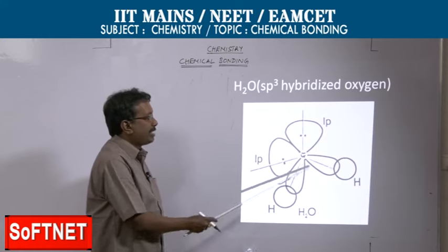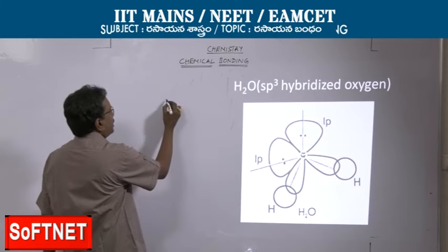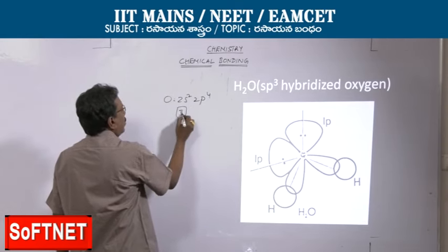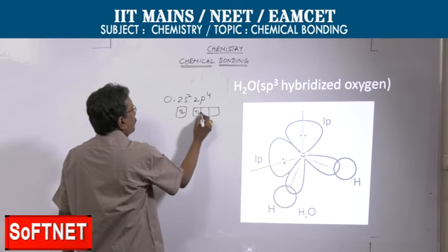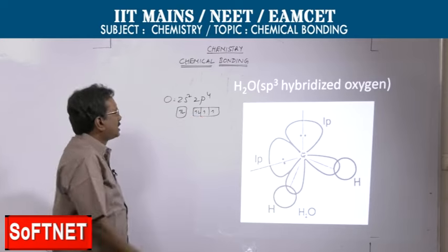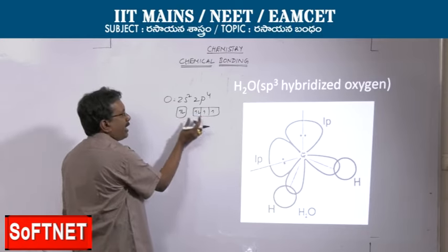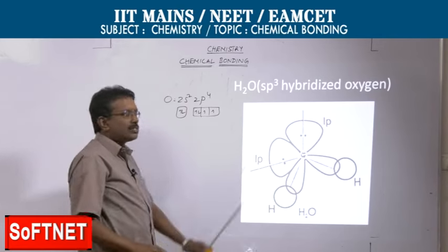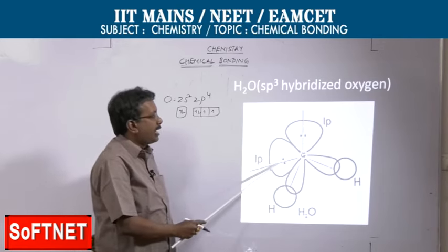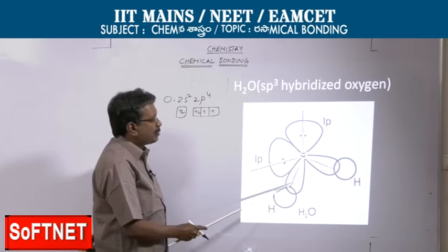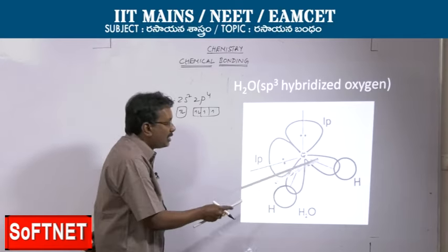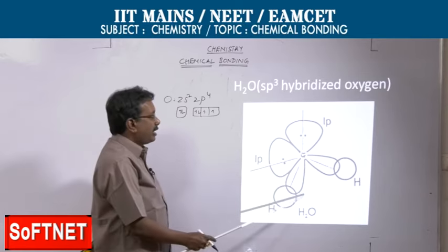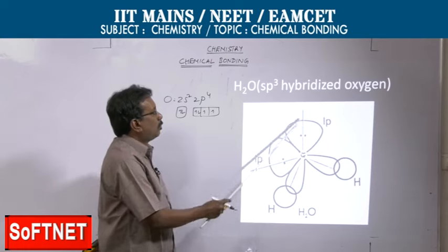Out of 4 sp3 hybrid orbitals, if you observe its electronic configuration, it is 2s2, 2p4, which means that oxygen contains a total of 6 electrons. Out of 6 electrons, 2 orbitals are paired and 2 orbitals are half-filled. That's why after hybridization also, 2 hybrid orbitals contain paired electrons and 2 hybrid orbitals are half-filled. Those half-filled orbitals only overlap with the s orbital of hydrogen, and thereby in the H2O molecule, 2 lone pairs and 2